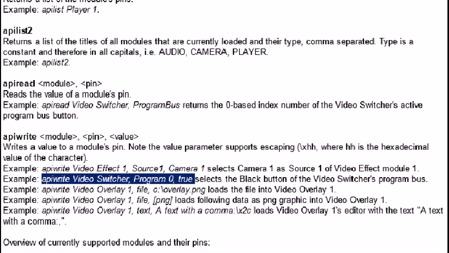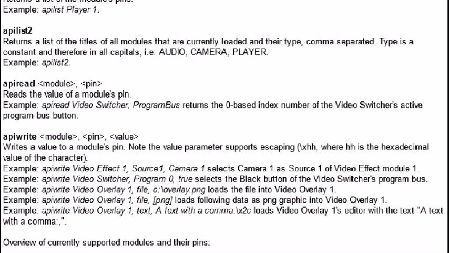Well, if you pull up the video switcher module on your VidBlaster program, if you have the studio version or higher, you will find that program 0 represents a device on the switcher. I believe, well, let me pull it up and I can tell you for sure. I think it is black.